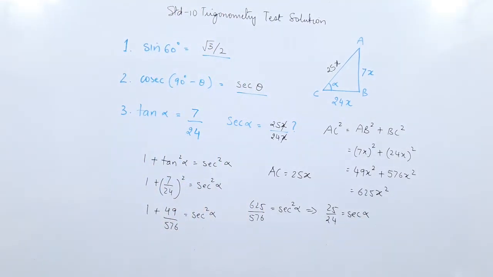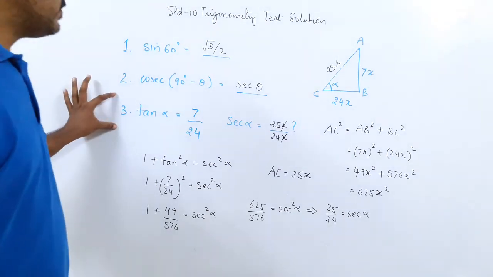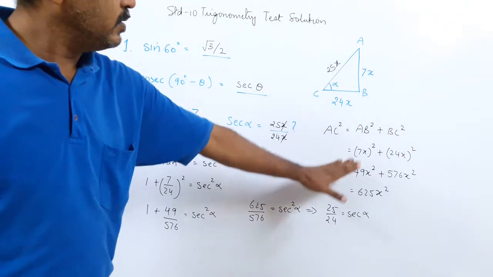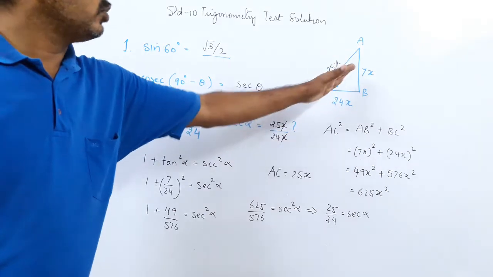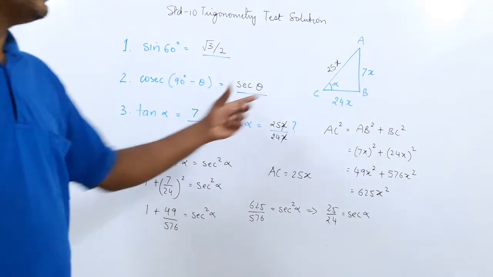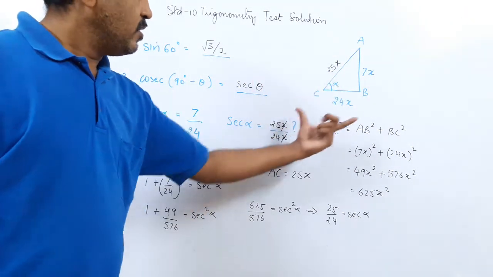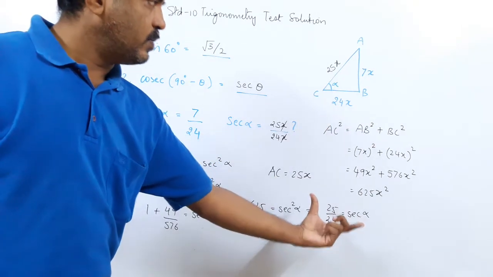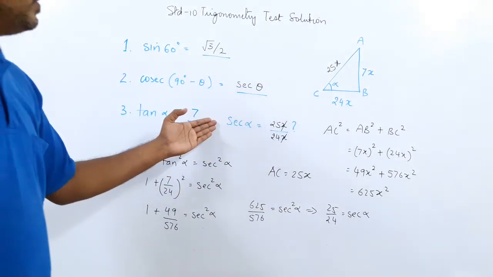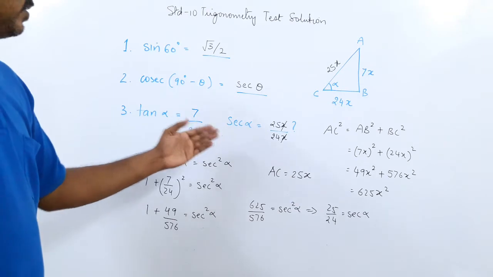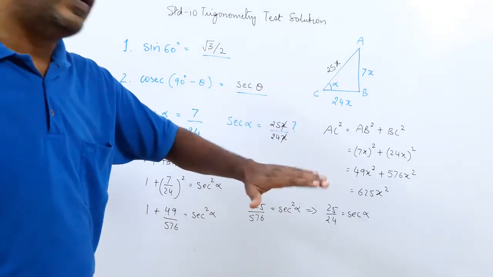Both methods are valid. You can choose whichever method you want, but the question should be clear. I have done this using our normal method: finding the three sides. Two sides are given, so the ratio of two sides is given. With the help of the Pythagoras theorem, I find out the third side and then whichever ratio is asked. This is a very good method because here you can find anything.